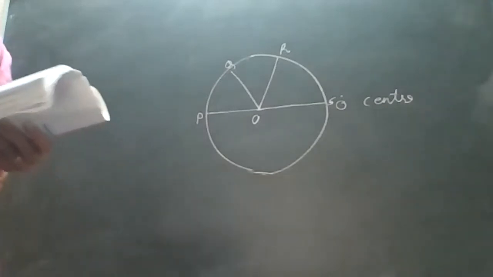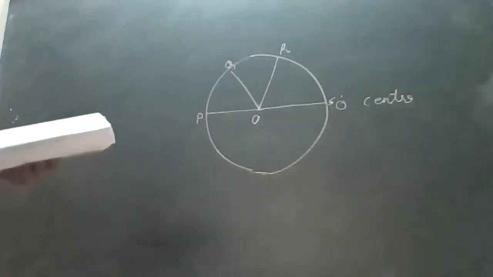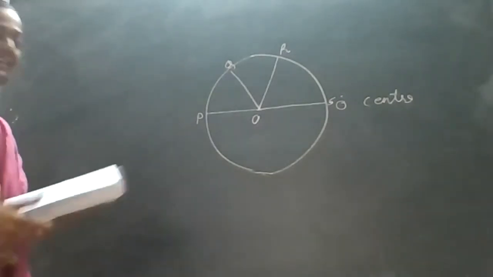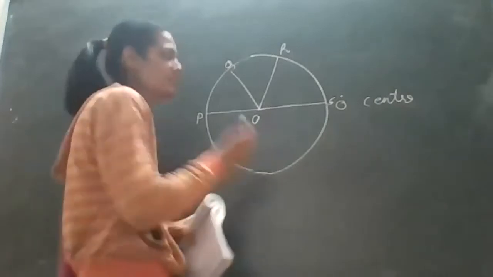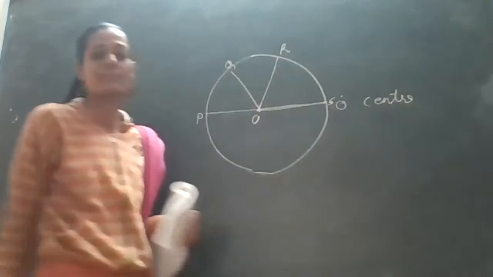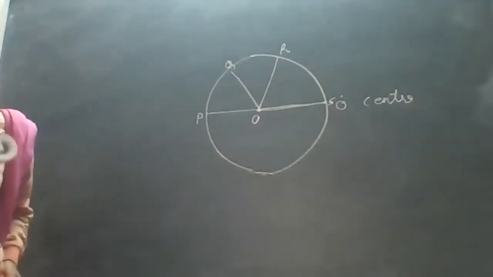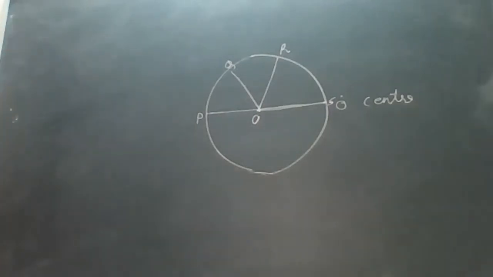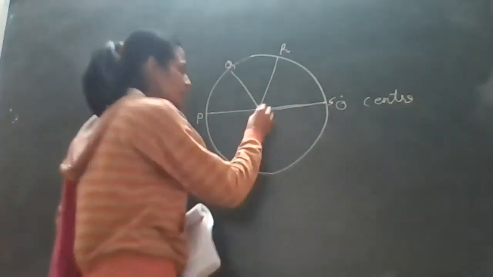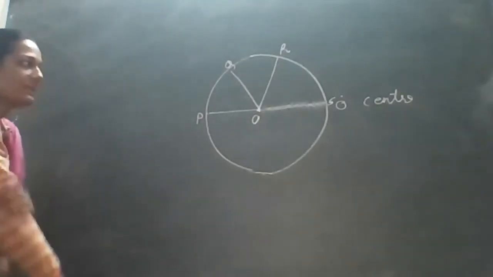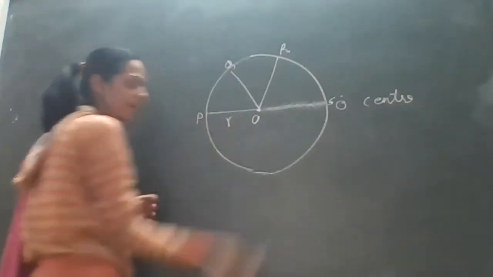So what do you mean by radius? Half of the diameter. The distance from the fixed point of the circle to any point on the circle is called a radius. Here the fixed point is called the center of the circle and the fixed distance is called the radius of the circle. So we denote radius as r.